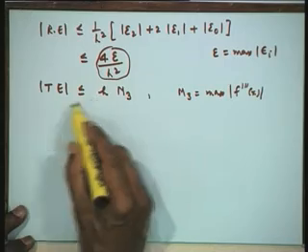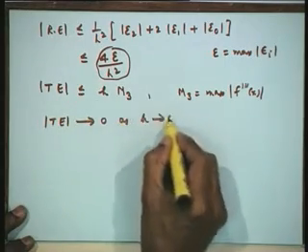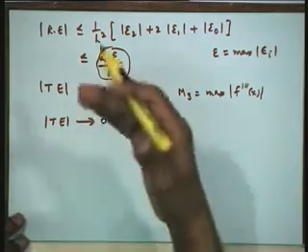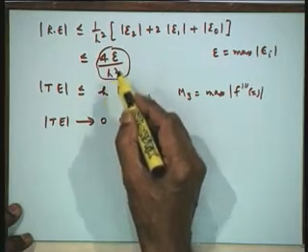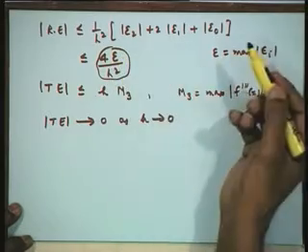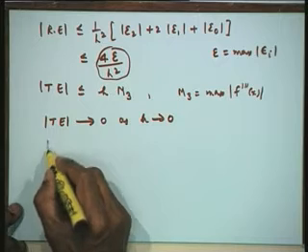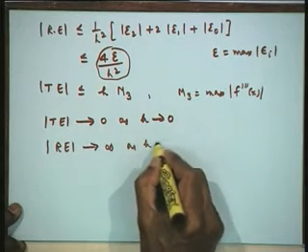It is true, because truncation error would always tend to 0 as h tends to 0. Therefore, if you use smaller and smaller step length, yes, we are going to get better accuracy. But if there is round off error in the problem, what would happen? As h tends to 0, round off error can blow up, because we are dividing by h square. We know what our epsilon is, which may be 10 to the power of minus 4 or 10 to the power of minus 5, but divided by h square, this is where the whole difficulty is. This tends to infinity as h tends to 0.